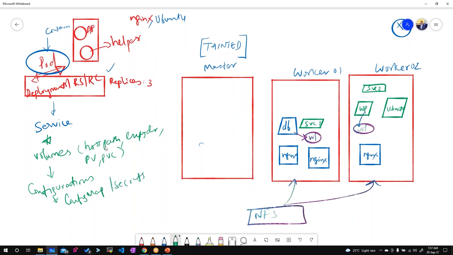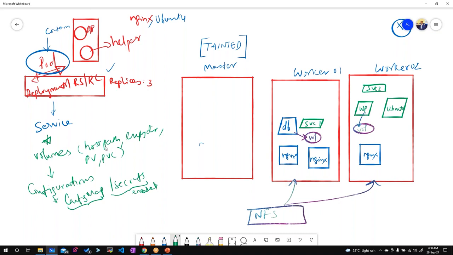Why configurations are needed from outside is, this is a pod, that means it is running a container image. So I cannot go ahead and put everything in the container image, due to some security constraints. Only my source code will be there, and the configurations like what is a DB endpoint, what is a DB user name, what is a DB password, I should supply them as configurations. Config maps are a normal way of sharing the content. Secrets are a way of sharing the content using encoding. The data is encoded, and they are given to each and every pod.